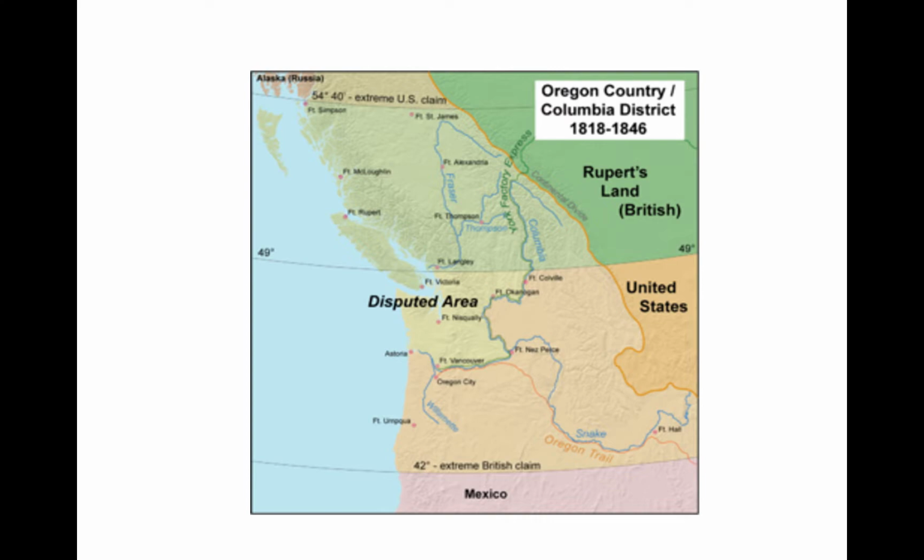So Polk ran for president saying he was going to annex Texas and he was going to make sure that all of this area over here became part of the United States. One of his slogans was 54-40 or fight. 54-40 is this line over here of longitude. He said that all the land south of it in Oregon was going to be the United States. Polk won his election.